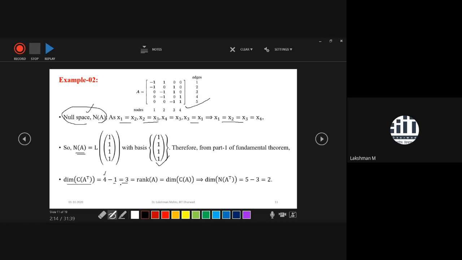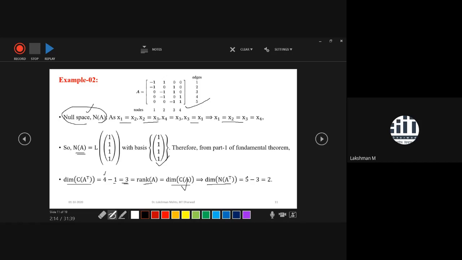And we know that the dimension of the row space of A is equal to the number of linearly independent rows, and that also defines the rank. So that's why we got the rank of the matrix. That one is 3. Using the rank concept, we can also say that the dimension of the column space of A is equal to 3. Now, using this concept, you can find the dimension of the left null space, or the null space of A transpose. What would it be?